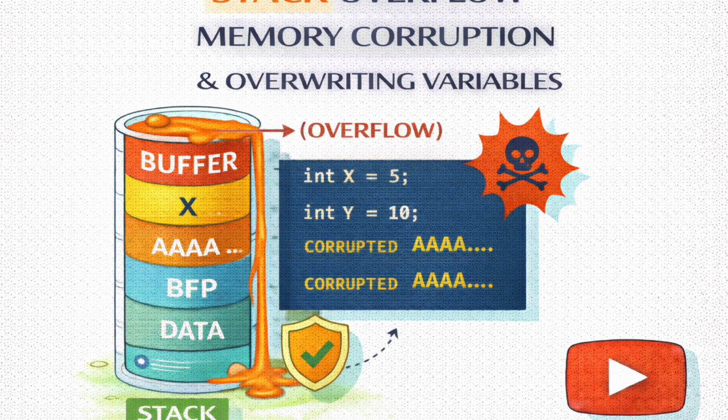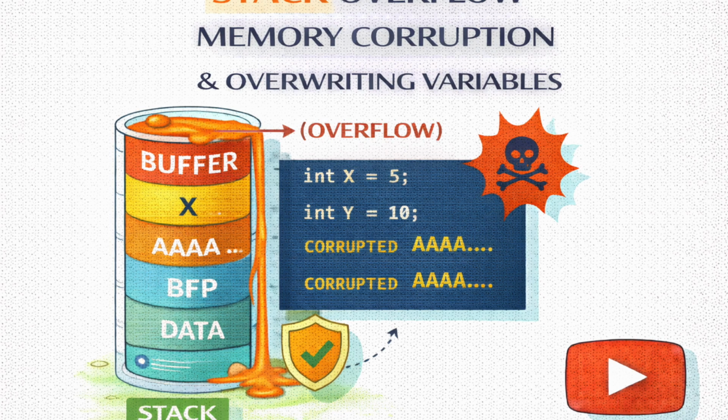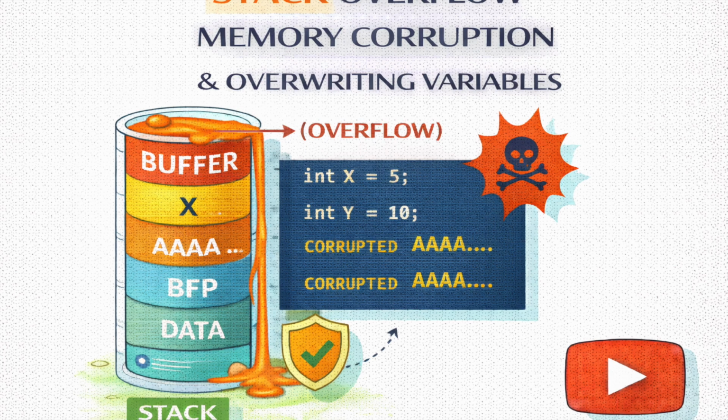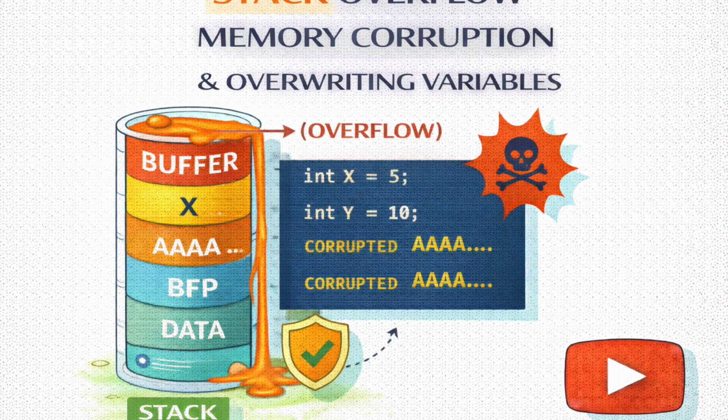It really is. The source explicitly asks, when argv1 is copied to buffer 2, what may happen to other variables? And the answer is memory corruption. Right. It's a physical spatial issue. And languages like C and C++ just assume you know what you're doing. They don't check the bucket size for you. They just say, you want to pour a gallon into this pint glass? Sure thing. And that spill changes the data next door. That's the integrity violation. Precisely.